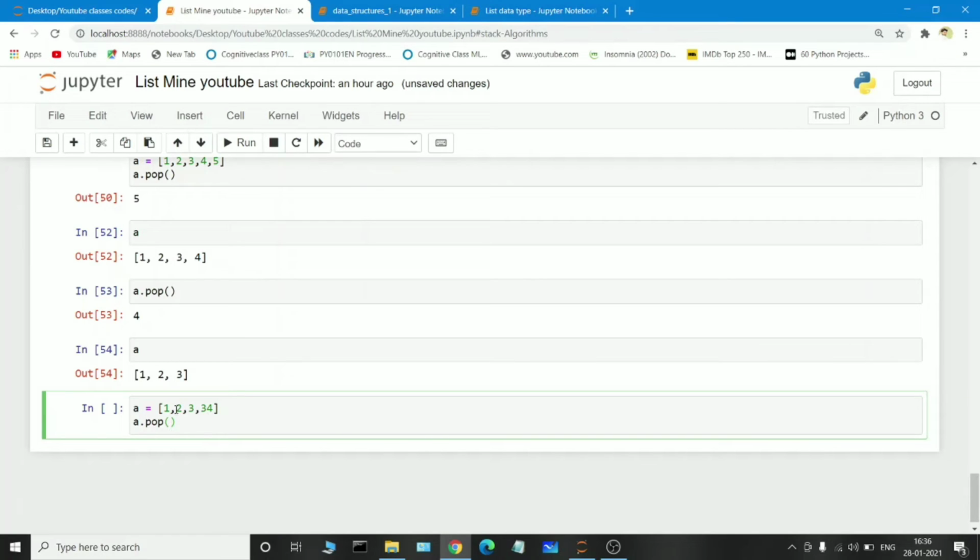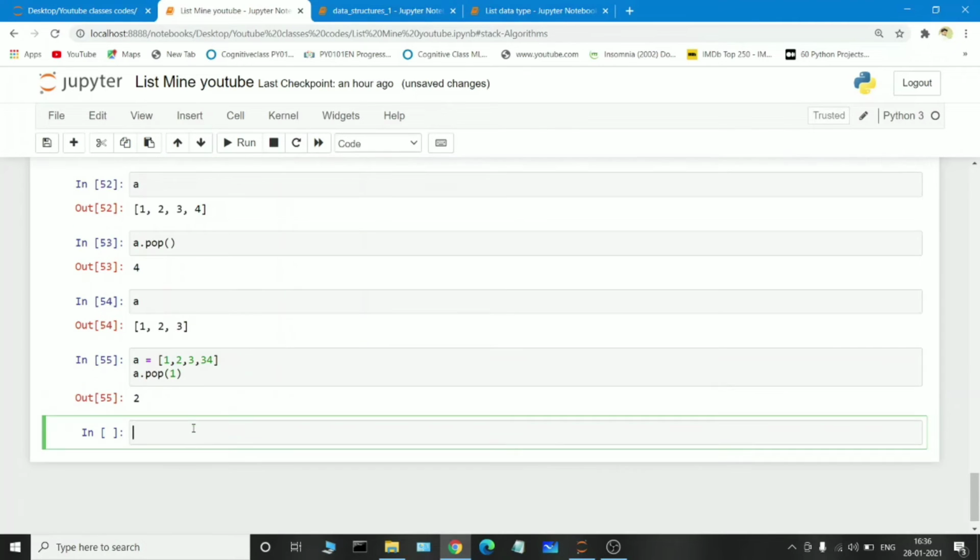If I want to remove the value 2, inside the pop function I give 1, because at first index position, what is the value? 2. If I execute it, see, the 2 will be removed. So if we are not passing any parameter inside the pop function, the last value will be removed. If you want to pass a parameter, just give the index position of the particular value in the list.